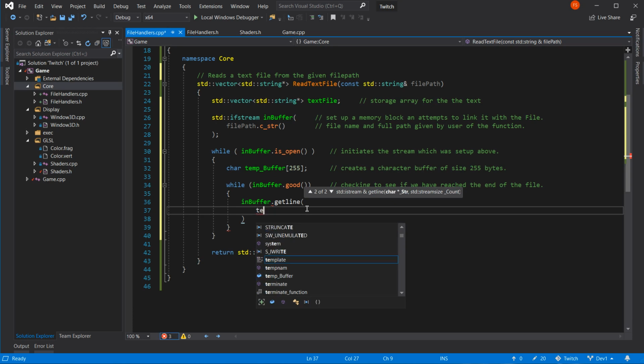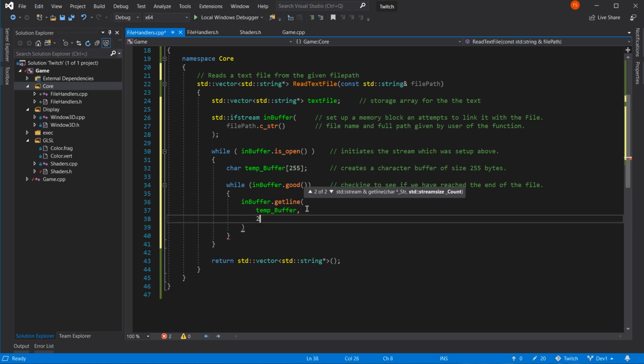Char star, yeah. That'll do us. So I'll stick it in our temp buffer. What does it need to know? Size. Well, I know the size because I said 255. There you go. Simple enough. Yeah, looking okay.